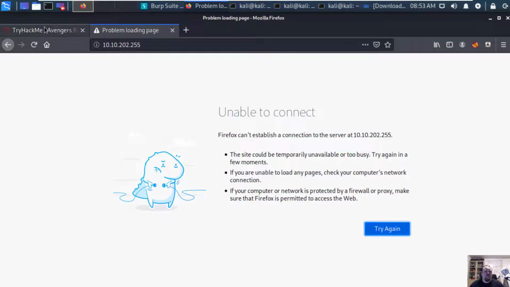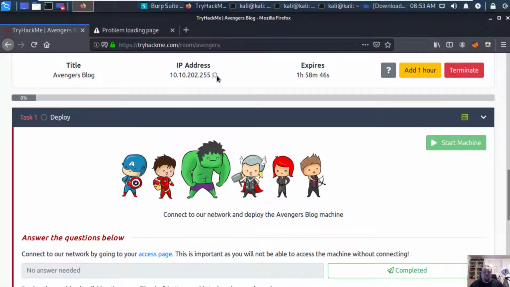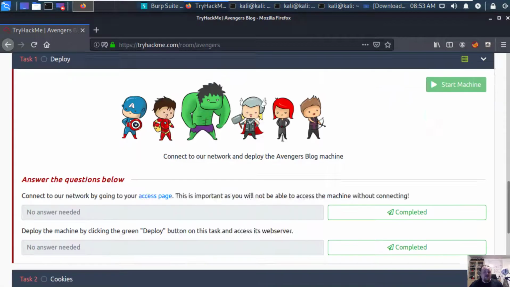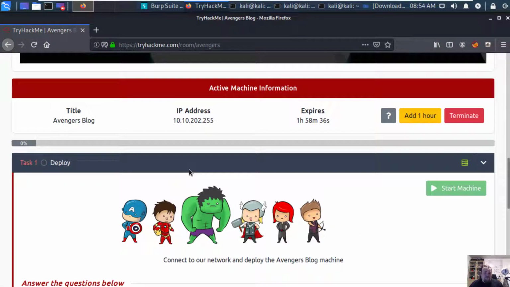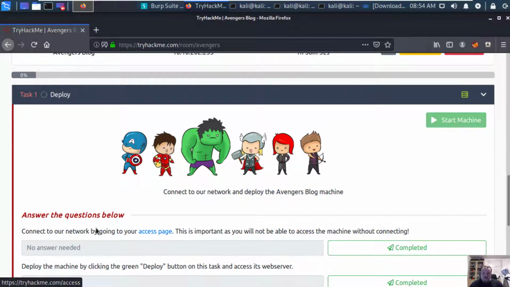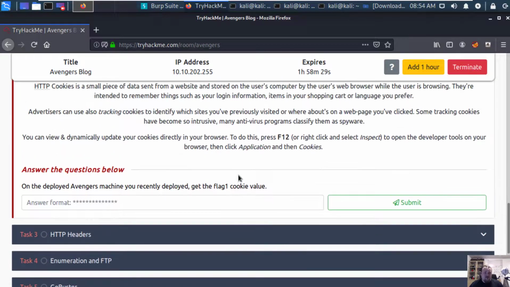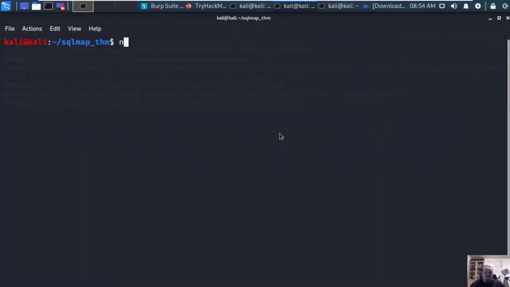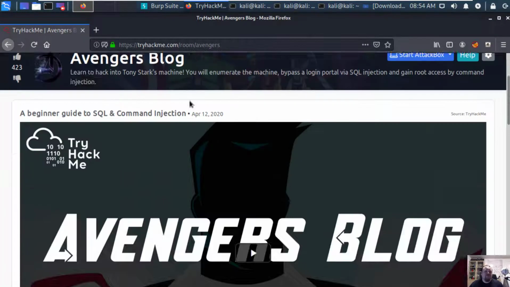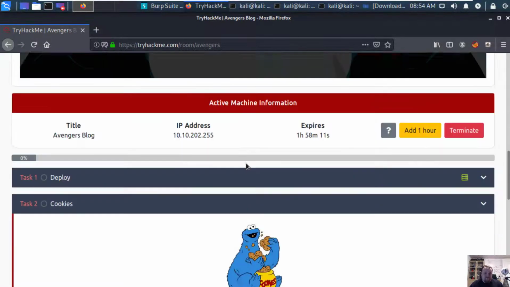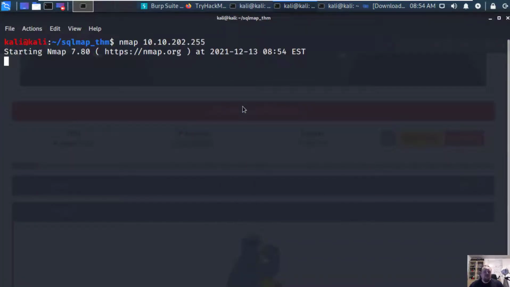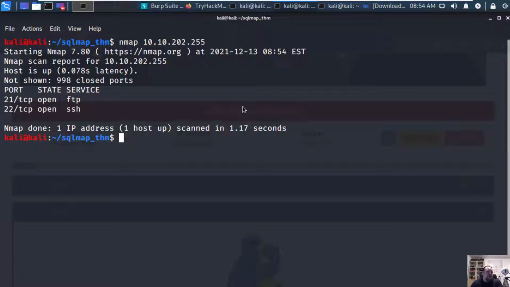Unable to connect. It's because I need to do an nmap scan to find some port number, something which I have no idea about. Let's just see, cookies. Alright, let's do an nmap scan on this. I need to find the port. Was it really necessary for me to pick a room where I need to find something? It would seem that there is no